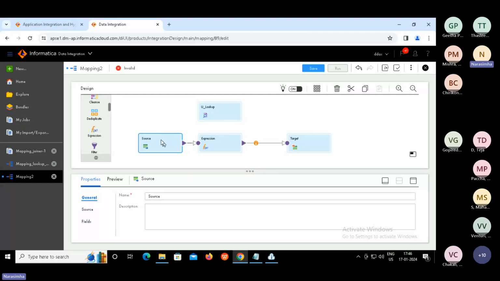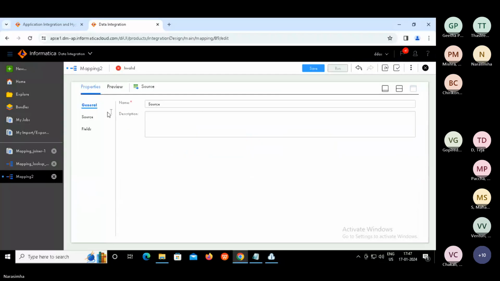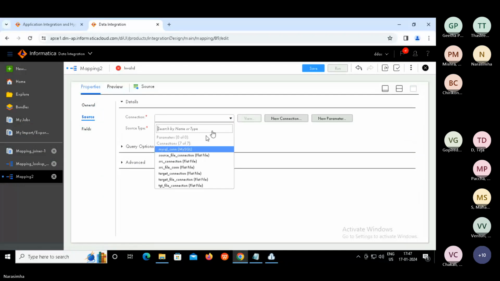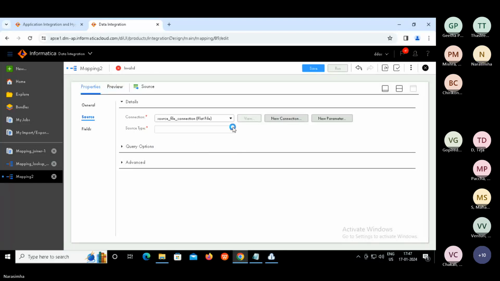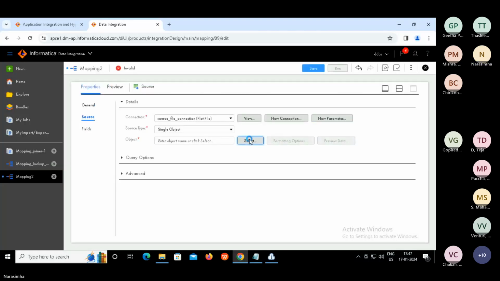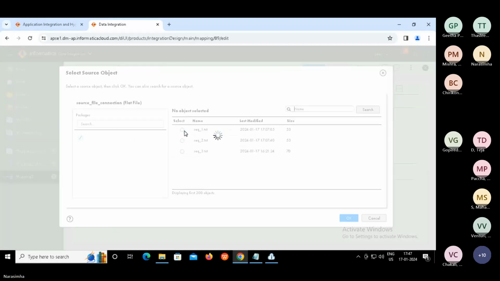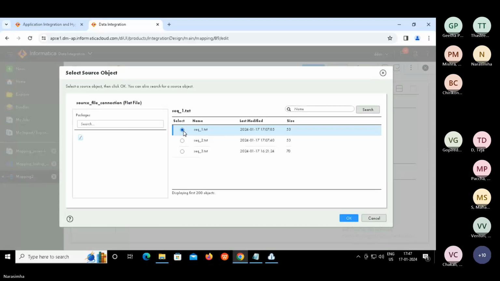Fine. Now we organized the transformations that are required to perform unconnected lookup. Now configure the source. So source is SEQ1. See, we are not deviating from the source data.